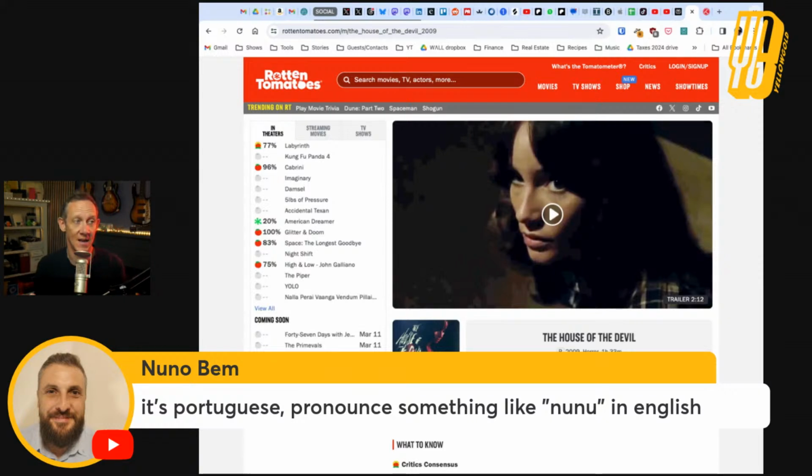And then The House of the Devil is the same, except it's a throwback to the 80s. It has a real slow build to it, so it's not your immediate payoff thing, and that's what a lot of people criticize it for. That's why you see a lower audience score here, it takes a long time to build up to the climax